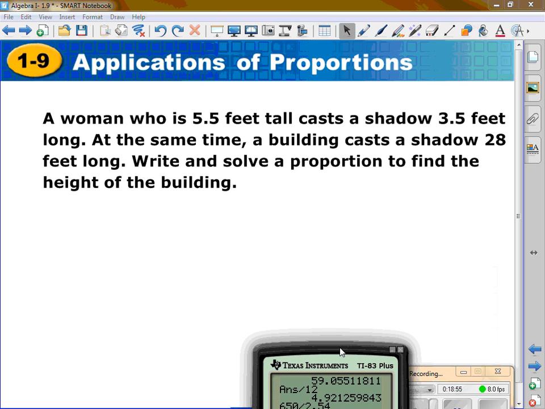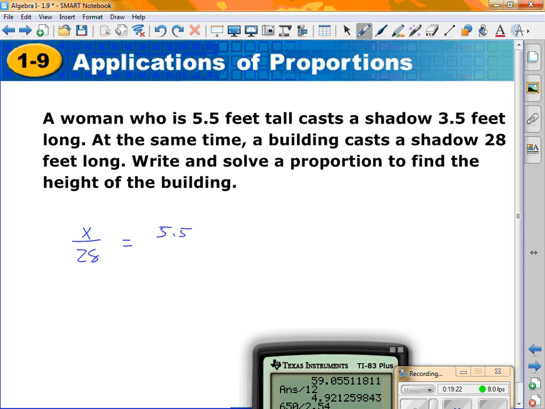A woman's 5.5 feet tall. She casts a shadow that's 3.5 feet long. At the same time, a building casts a shadow that's 28 feet long. How tall is the building? To set this one up, give me a setup. Okay, x over 28. X corresponds to